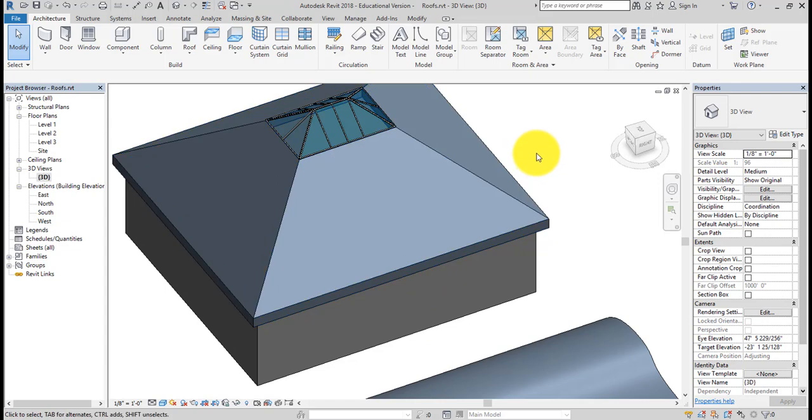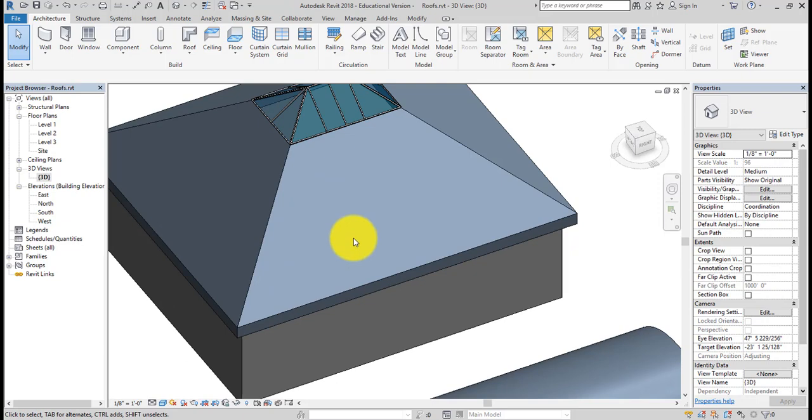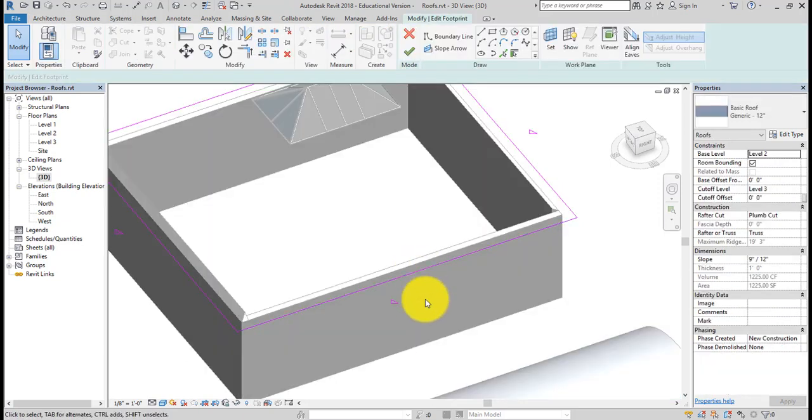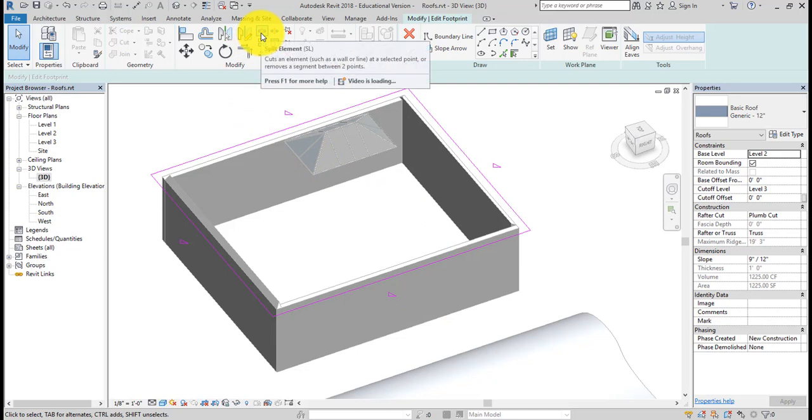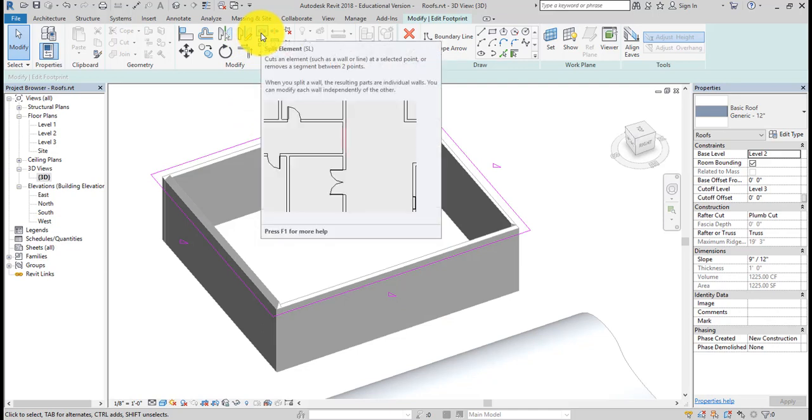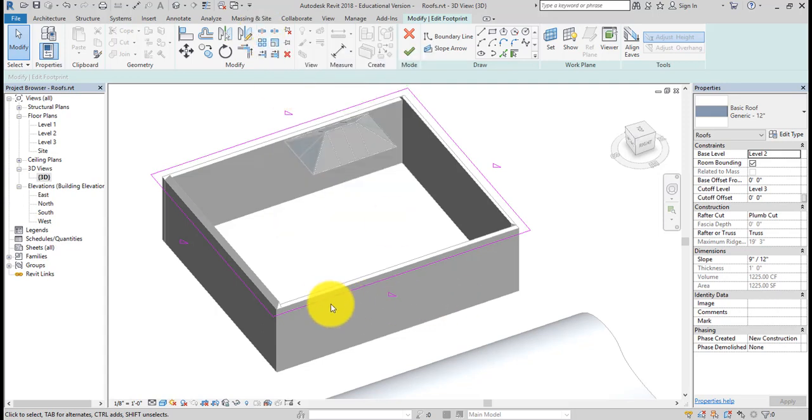So back in Revit, we're going to pick one side of this structure that we're working with. We can double click to go back into the roof sketch, and then what we're doing is we're going to split it. We're going to split it so it has 4 lines. 2 will be the lines that will slope up towards the top of the original roof. The other 2 will be the 2 lines that will make up the dormer roof pitch. So here, click on split element,